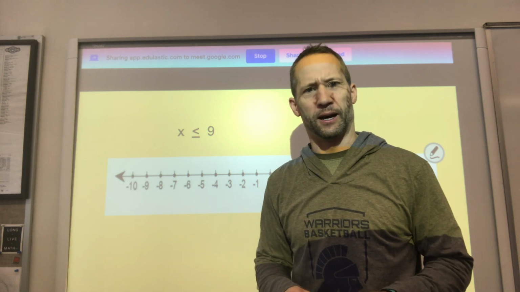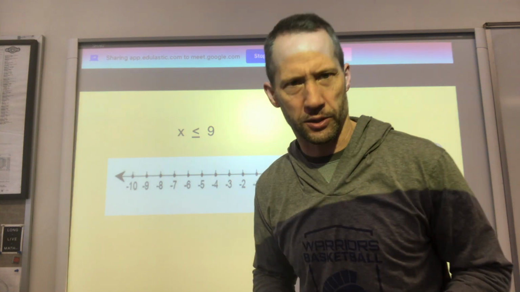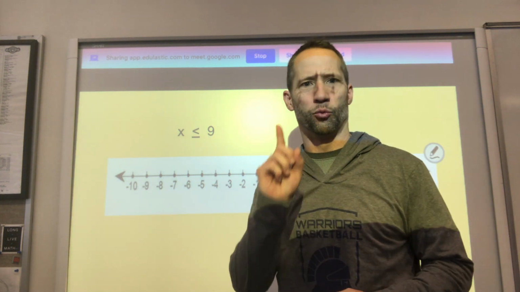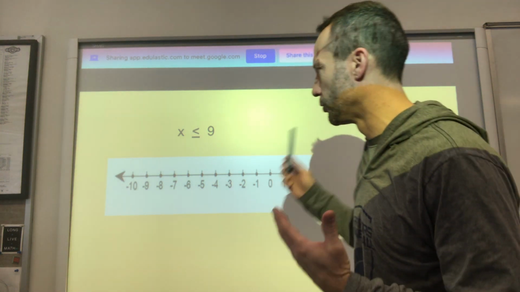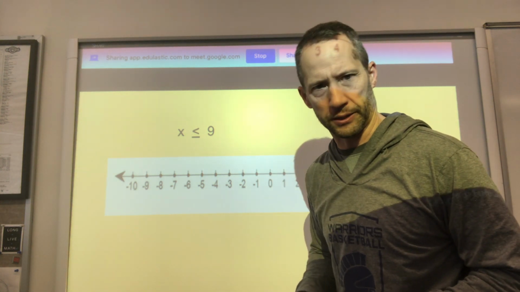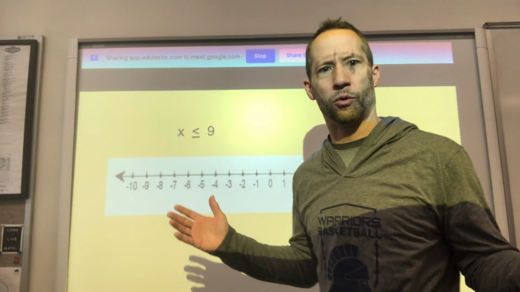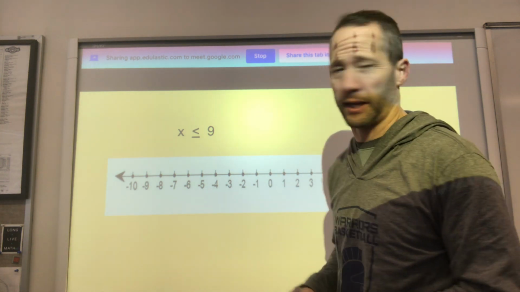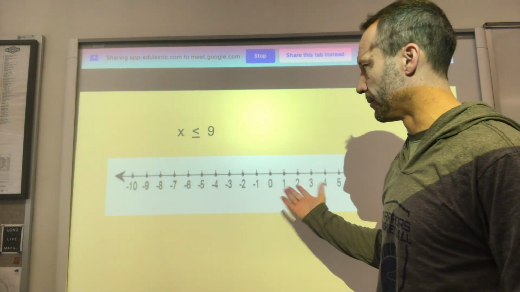This past week, we transitioned from solving algebraic equations, where students found that there was only one solution that made that equation true, to now we went into solving algebraic inequalities. With solving algebraic inequalities, the difference is we have more than one solution. And on many occasions, we have infinite solutions actually, which is why we have to do something like this, which